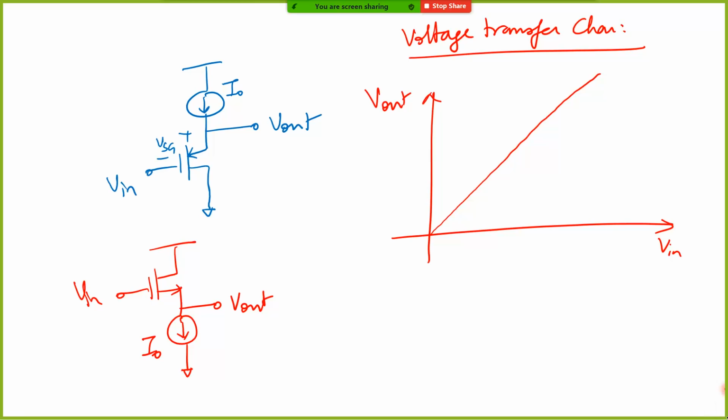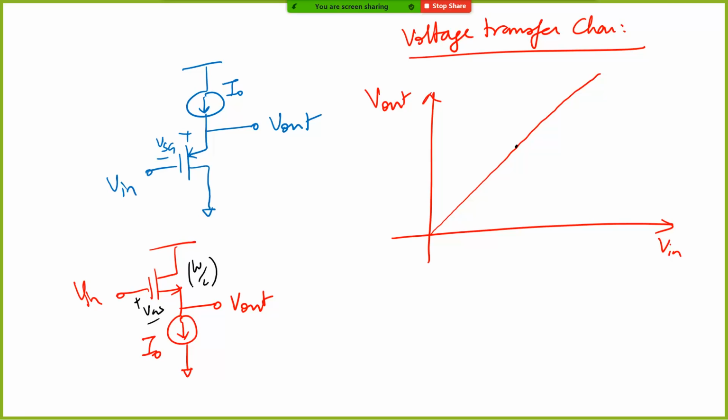So the key to this is, of course, let's start with the easier portion, which is basically when it is in the triode region. Okay. So here, let's say this is somewhere here, there is a fixed current which is flowing, I0. Since it is a fixed current which is flowing here, the VGS is also fixed, right? It has a certain W by L ratio,